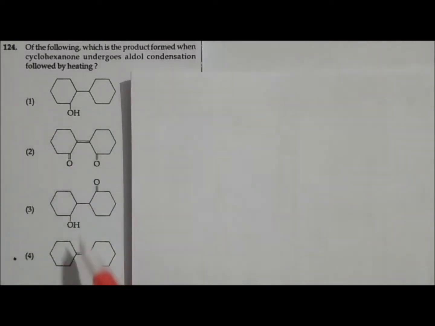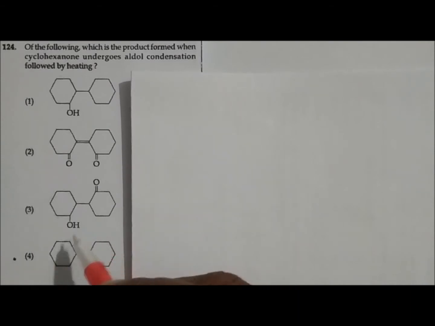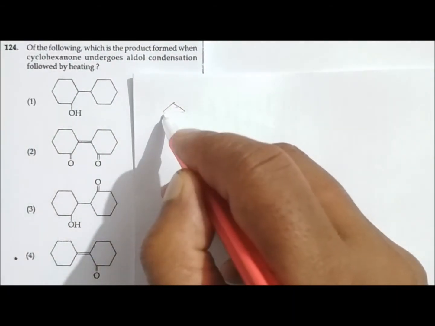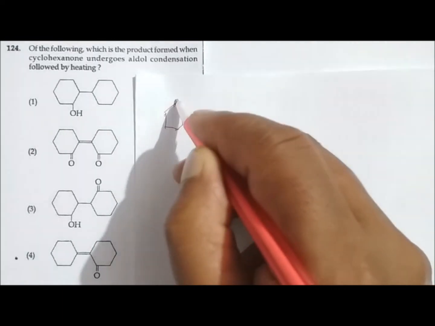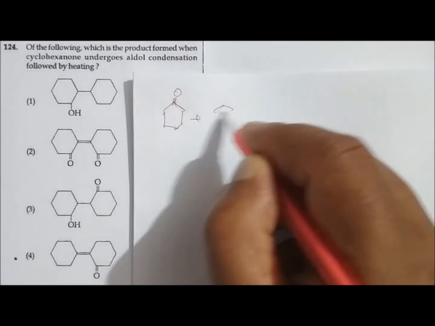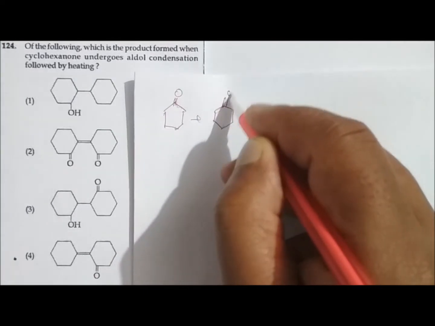Which of the following is the product formed when cyclohexanone undergoes aldol condensation followed by heating? So we have to do cyclohexanone. This is an example of aldol condensation. This is cyclohexanone, and if you take one more cyclohexanone, so this is the OH, and here